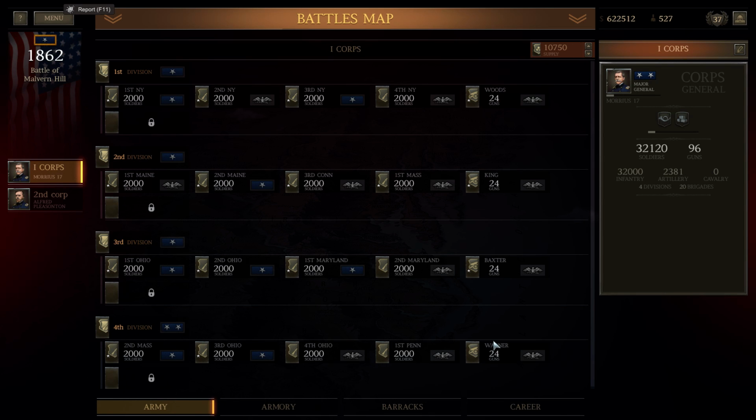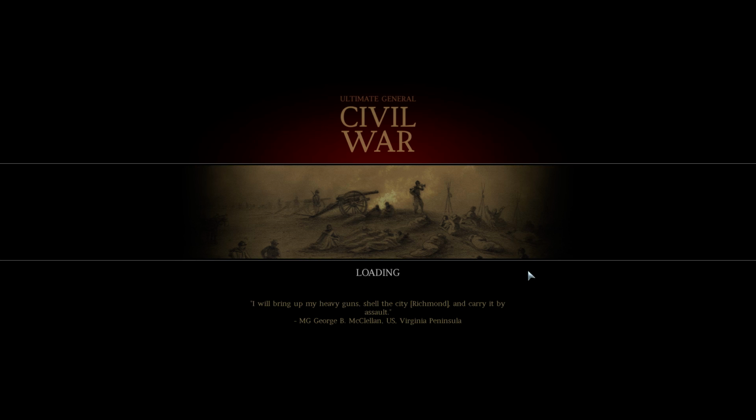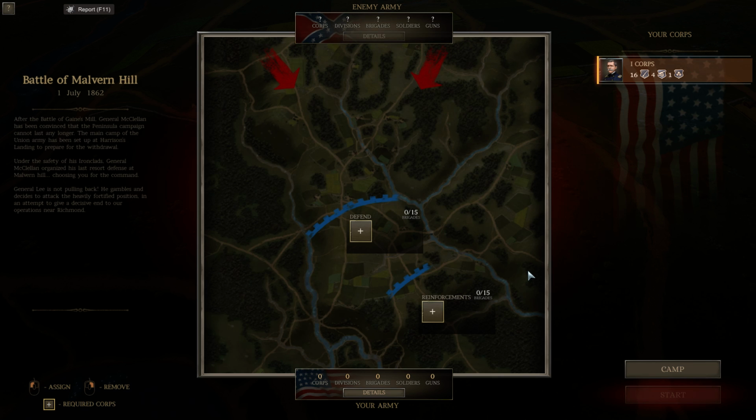Civil War. We're going into our final battle here, it looks like, or I think this is the final battle, Malvern Hill. McClellan is retreating, and as he retreats, he sets up a defensive position to stop Lee, and we are that defensive position. So while this loads up and we begin, let's start with obviously the only one we have, 20